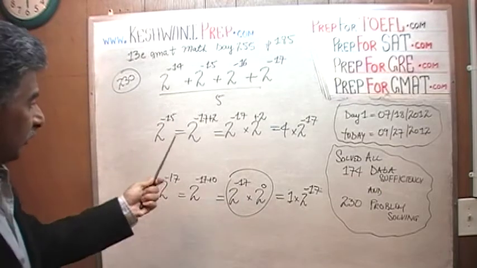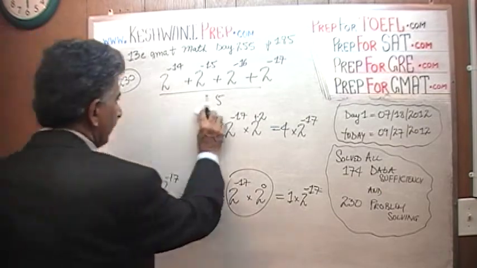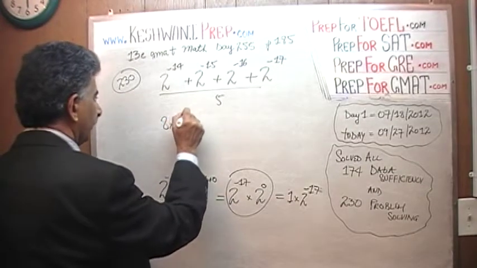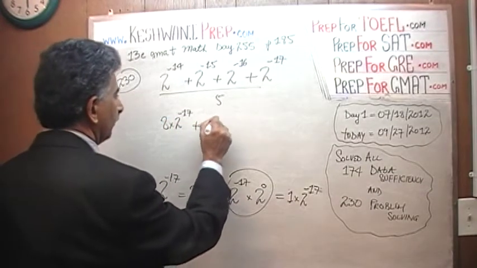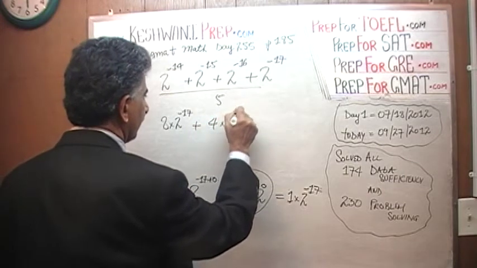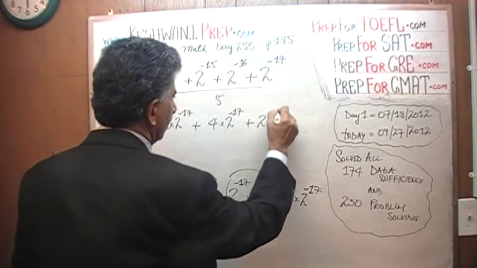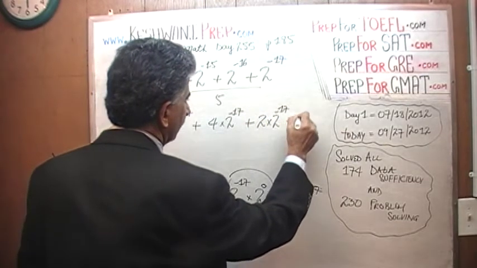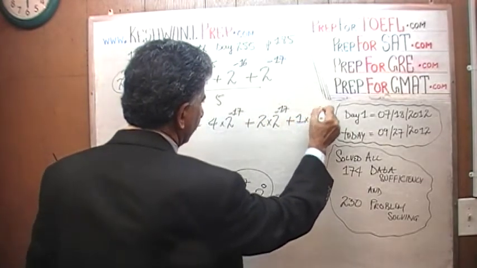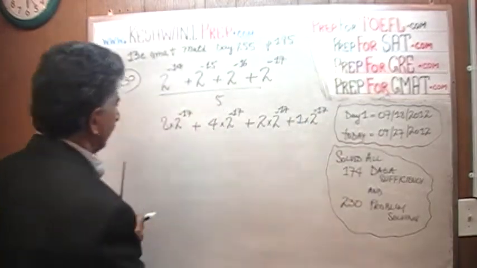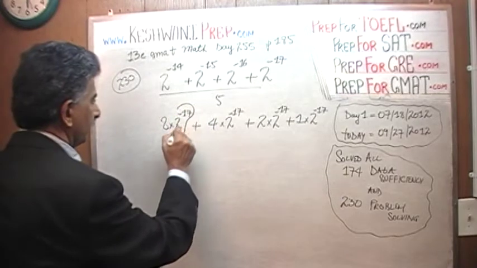So let's do that. Now we're going to substitute everything. The first one we found was 8 times 2 raised to negative 17. The second one was 4 times 2 raised to negative 17. The third one was 2 times 2 raised to negative 17, and the last one is 1 times 2 raised to negative 17. Now I want you to look at this 2 raised to negative 17,